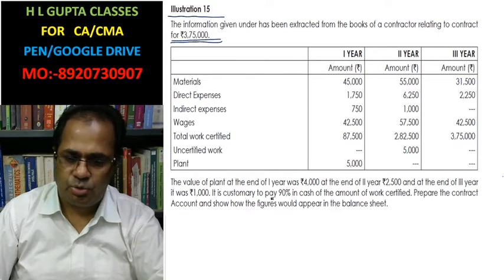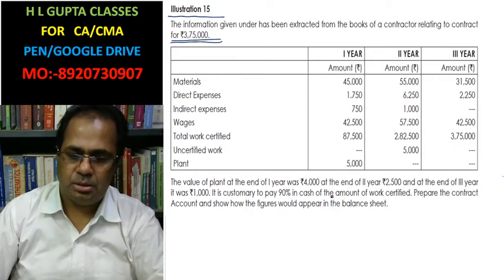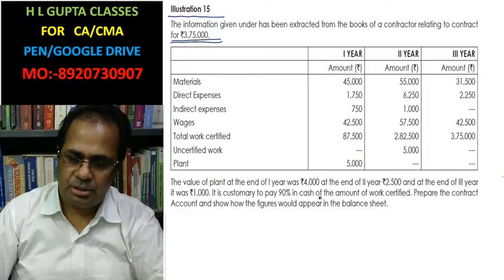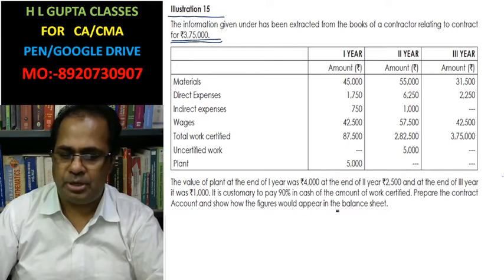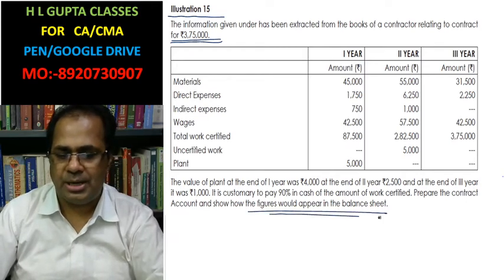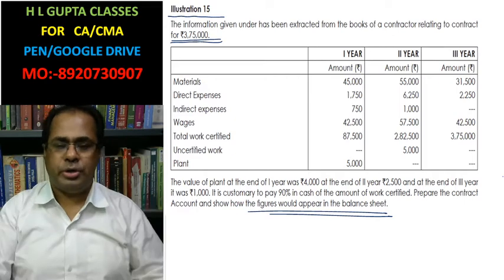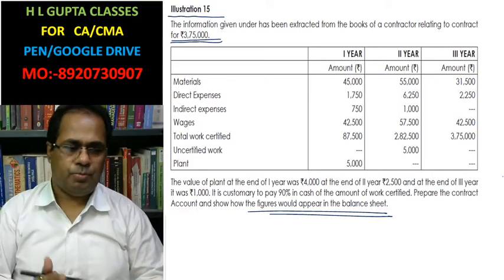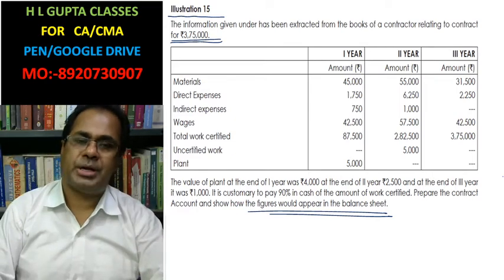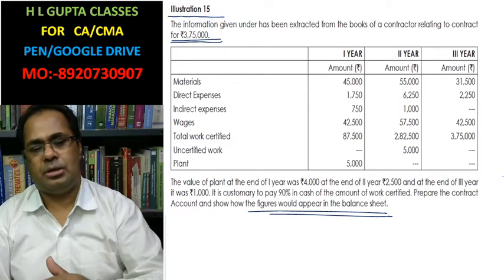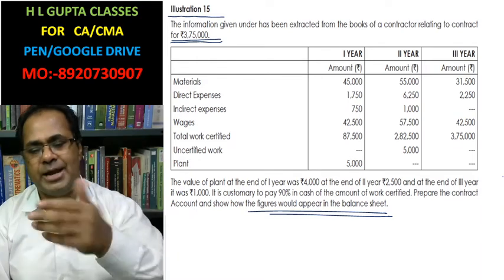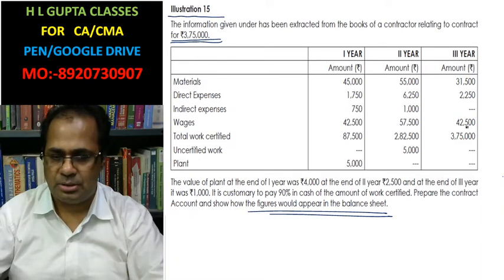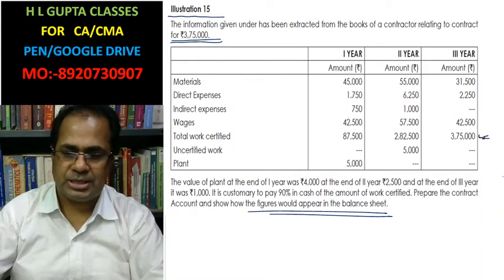It is customary to pay 90% in cash of the amount of work certified. Prepare the contract accounts and show how the figure would appear in the balance sheet. Now first you have to make the contract account for the first year, second year, and third year, and at the end of the third year the contract is going to be finished, and all the 3,75,000